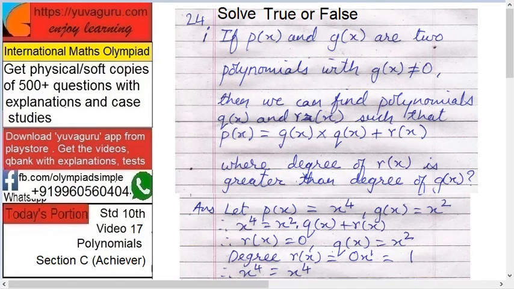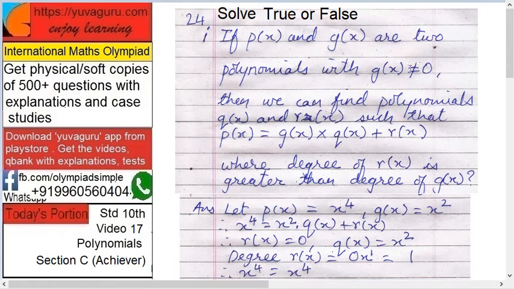So let's start. See here, what is the question? Understand that first. The question is not based on anything above. The question is only here. Degree of r(x), means the remainder, is greater than the degree of g(x). That is, g(x) is one of the polynomials. Means the degree of the remainder is greater than the degree of the polynomial, or you can say the divisor. In this case, divisor or quotient, it will be divisor only. Remainder is greater than the divisor. That's what the question is.